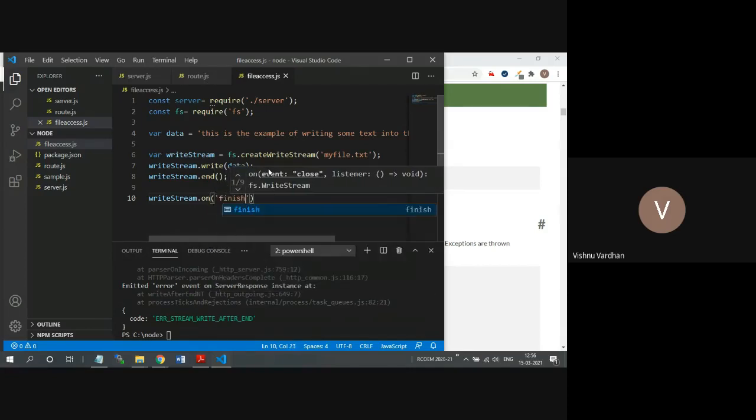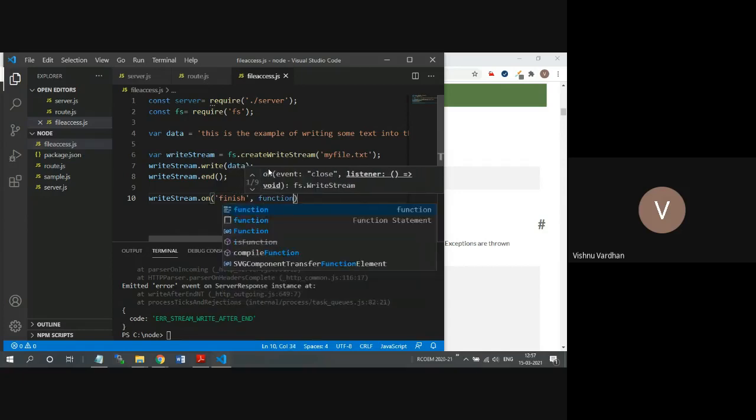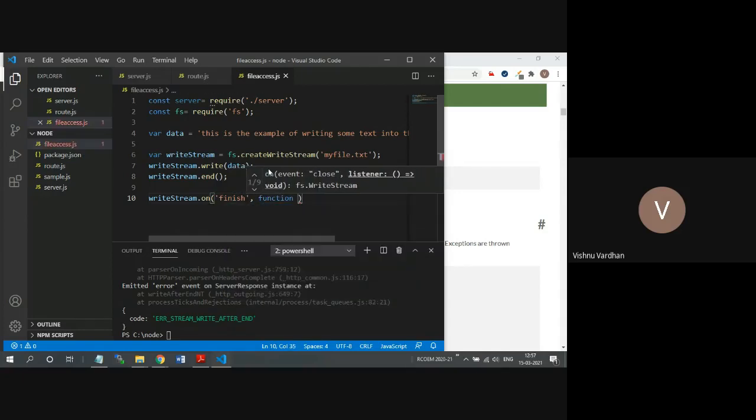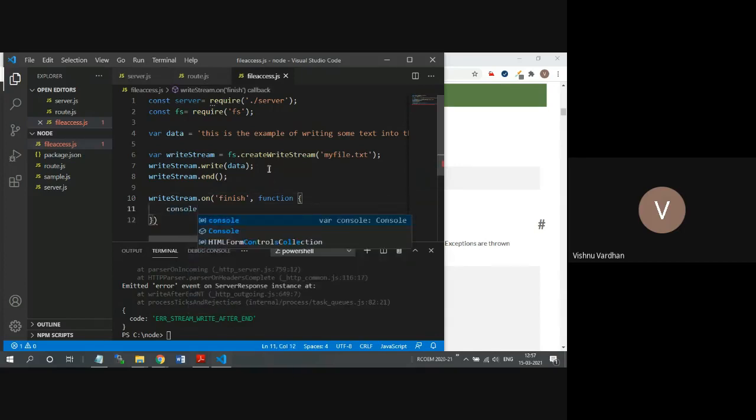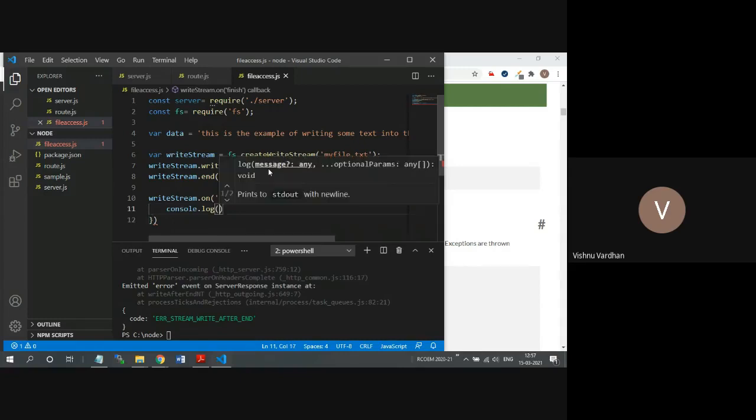After finish there are multiple event listeners. Okay, so this is the event handler. There is a callback method I am going to attach to this. So console.log and provide this message like write is finished, only to convey to ourselves.